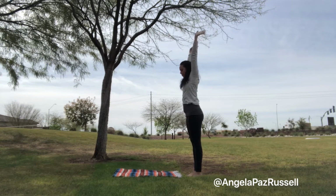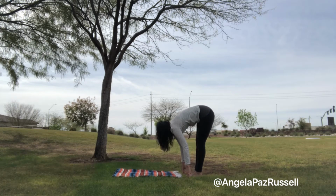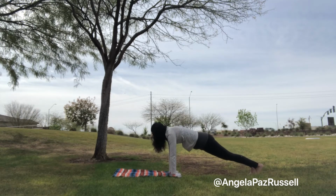Inhale, up. And exhale, fold forward and down, melt down. Inhale, half lift. Exhale, plant your palms, step right foot back, followed by left foot, and then we're going to find plank pose. Top of our push-up, engaging the core, high on the toes, working through the legs, pushing into